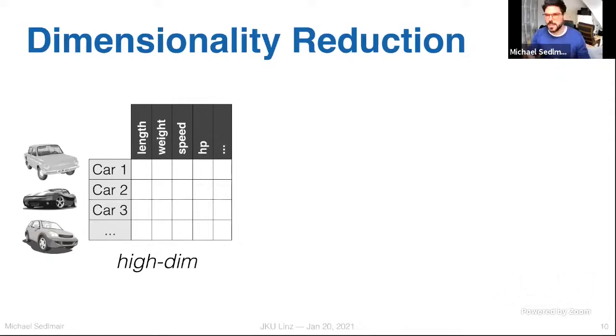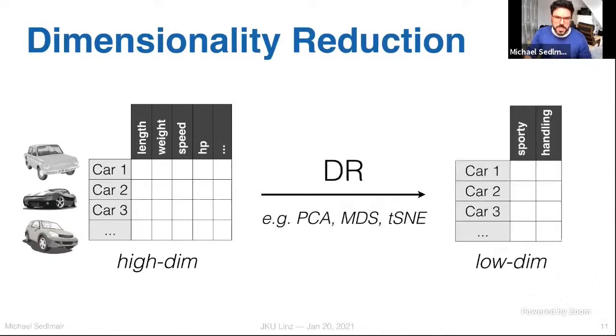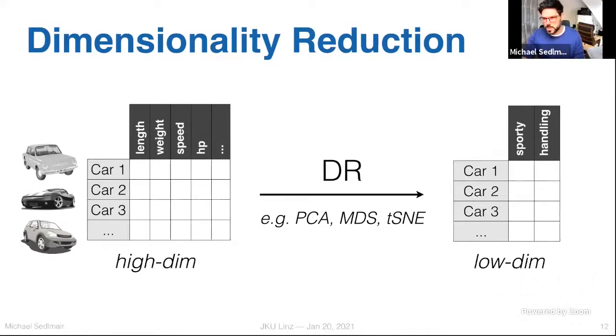We have some high dimensional data or multi-dimensional data about cars. Of course, I'm using cars because I'm in Stuttgart now. And then they have multiple dimensions. We can use one of these dimensionality reduction algorithms, PCA, MDS, TSNE, UMAP, ISOMAP, you name them, your favorite one. And then you project them usually down to 2 dimensions if you want to do visualization, because then